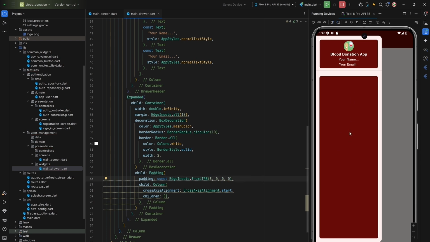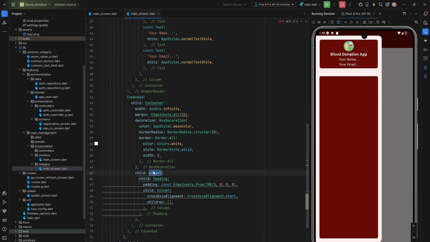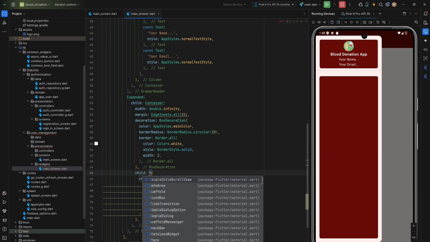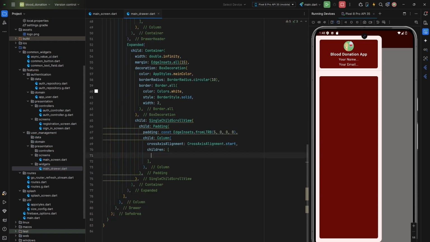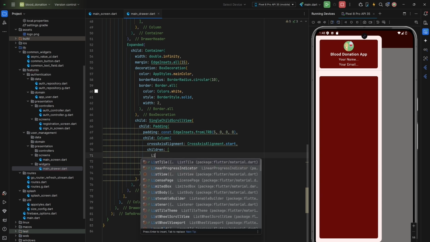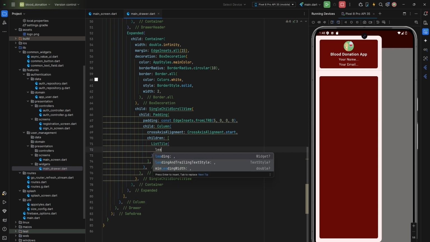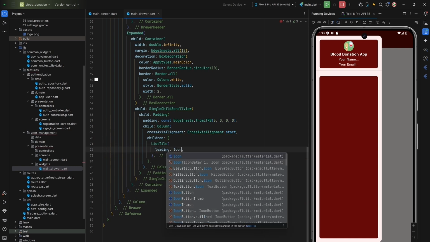And finally, since this column I want it to be scrollable, I want to put it inside of a single child scroll view, or maybe this entire padding, I can wrap it inside of a single child scroll view, like that. This column, its children are going to be a list of list tiles, so it's going to be a list tile. So this first one, as you can remember, the first one we had, the leading here is going to be an icon,